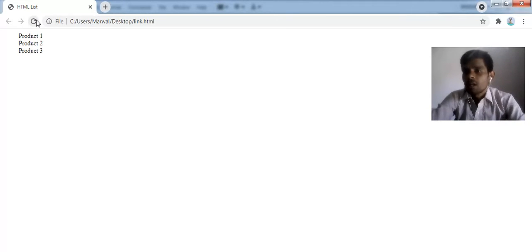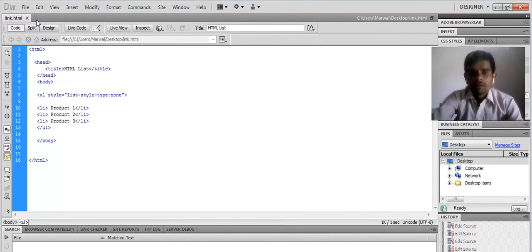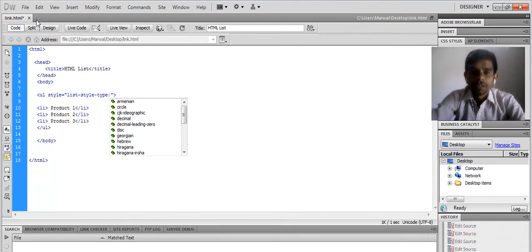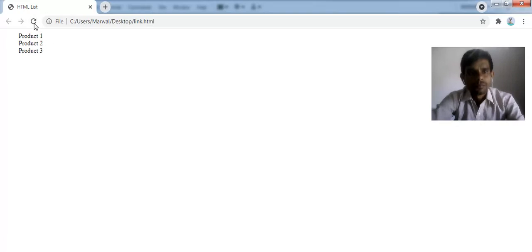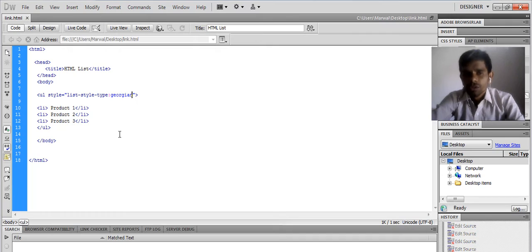So this is the unordered list. It means it cannot give any kind of sequence for representing your data, your list. You have more options for representing this. Suppose I want to use this type of symbol, so we can use it. We have a lot of options, but now it is also possible to use a nested unordered list.